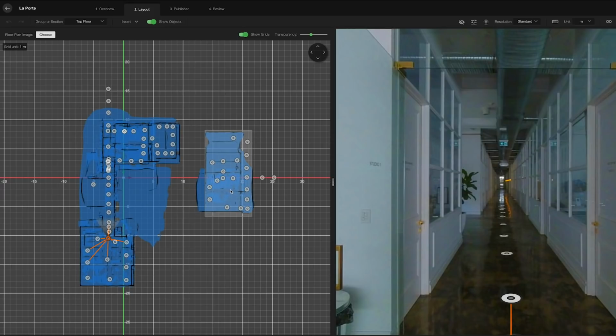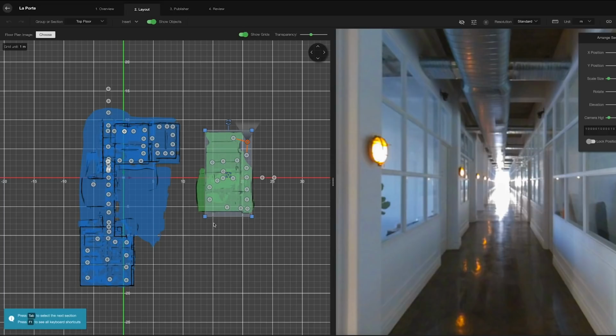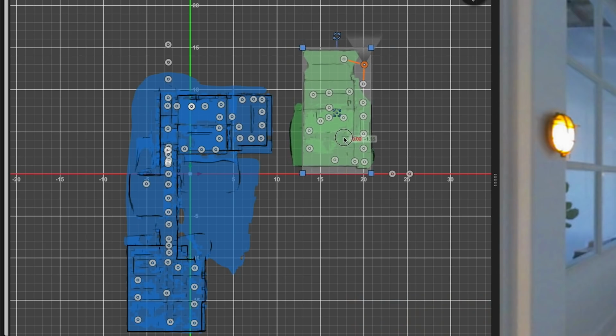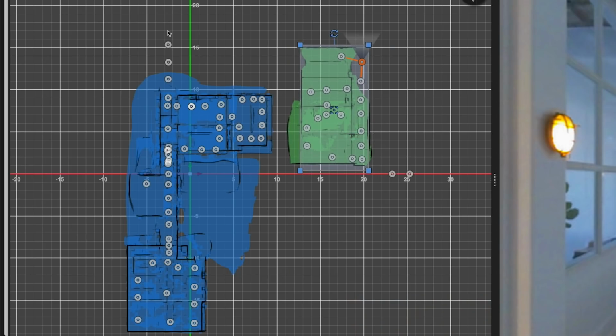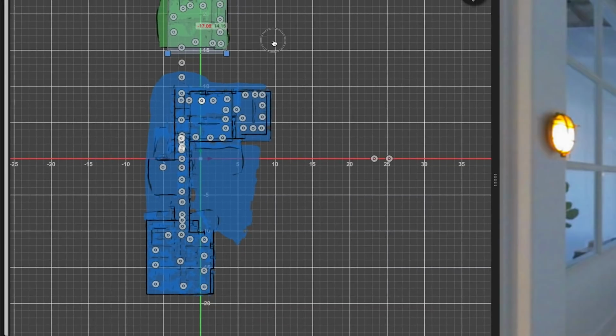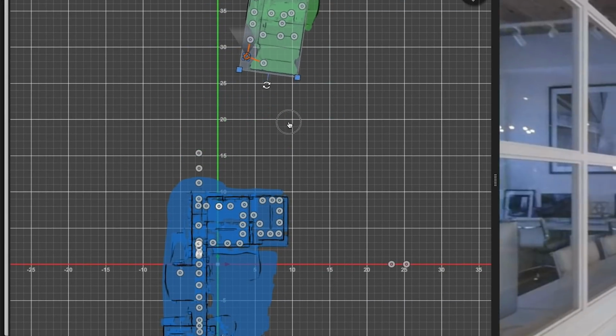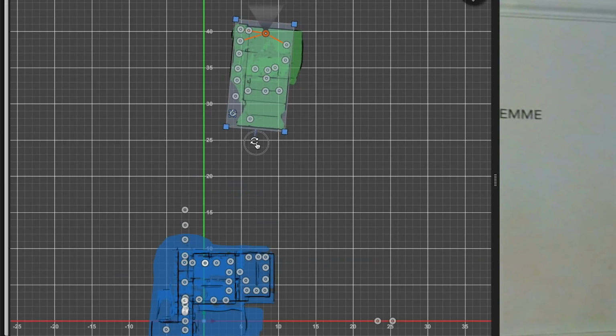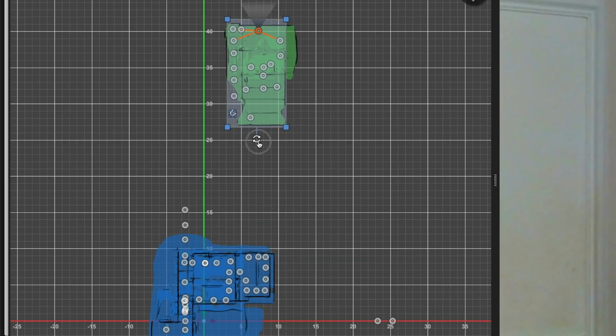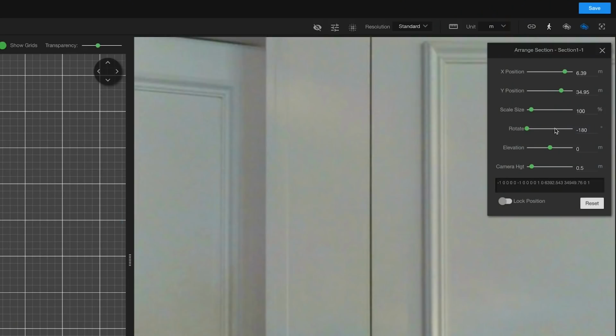And the way we do this is firstly selecting this section that is out of place, and sometimes you will get individual photos that are out of place, and I'll show you how to fix those in just a minute. But firstly, with our section here, we need to flip that around and get that up here. So this pivot point here, we want to put that around there because we'll need to bring that up here, and we want to pivot this entire section. So now we just click and drag our arrows, and voila. You'll want to make sure all the lines are perfectly straight. On the right hand side, you can see rotate is at minus 180 degrees.